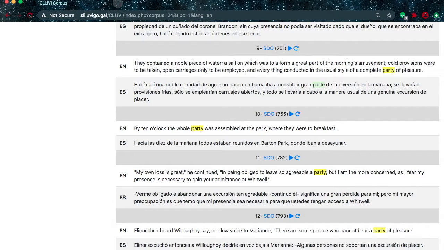The option to search a book individually allows the user to get a better understanding of how language is used by an author in a specific text, among other things.